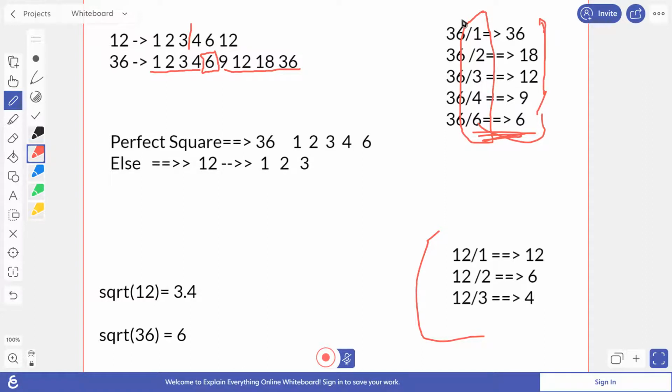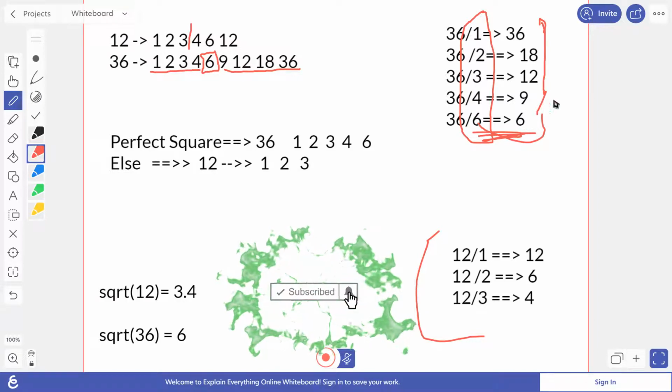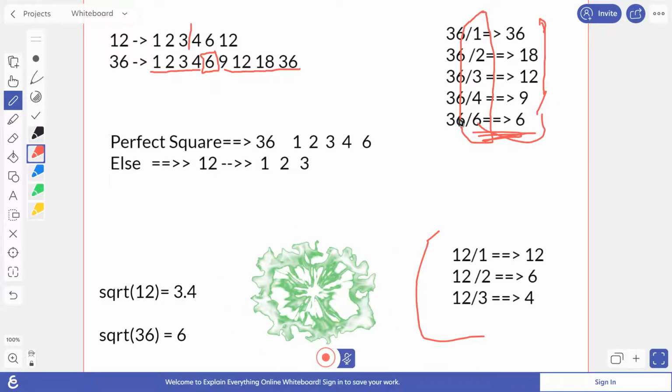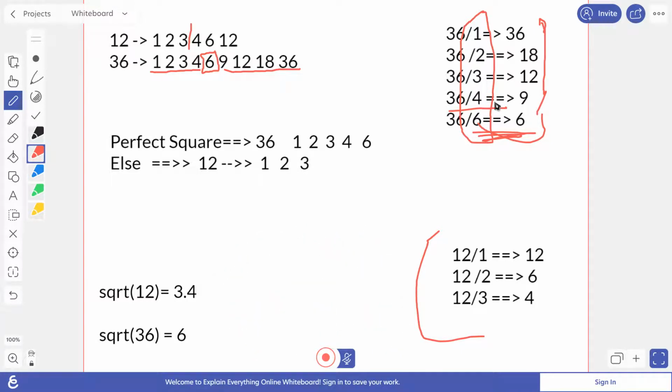So first we are going to insert all these numbers in a list, then we go through the list in reverse order, and in the case of 36 we won't include this 6, we will just go from the list length minus 1, that is 4. From 4 we will divide 36 and we'll get 9, 12, 18 and 36. So this is basically the approach of our program that we are going to code in Python. You can also code in a language of your choice. So I hope you understand this algorithm. Now let us quickly see our code.